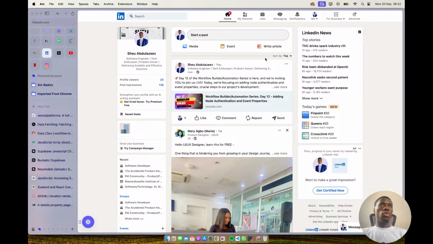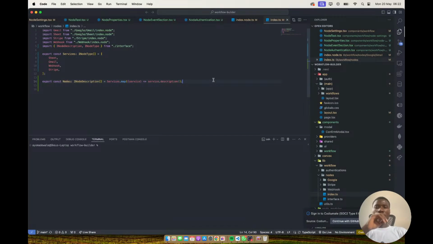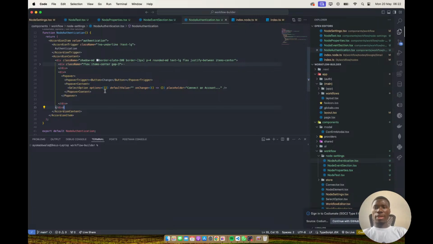So what we're basically doing is bringing all of this to the front end for us to work with, down here. So you'll be able to connect your accounts. I want you to be able to connect your account straight up. When you select your account, it takes you to the API endpoint,